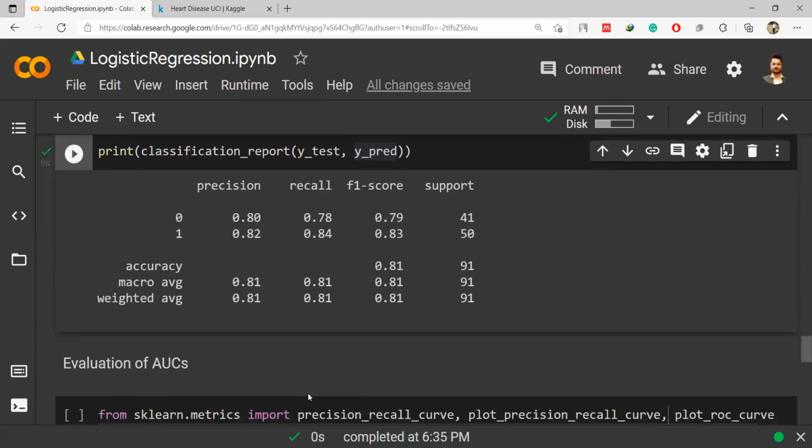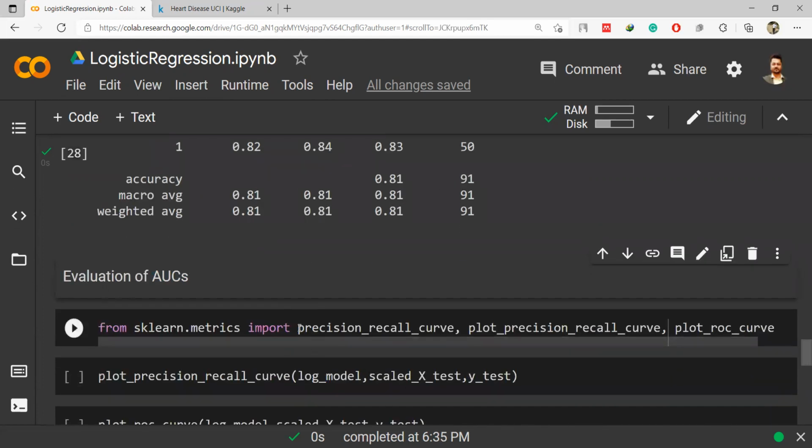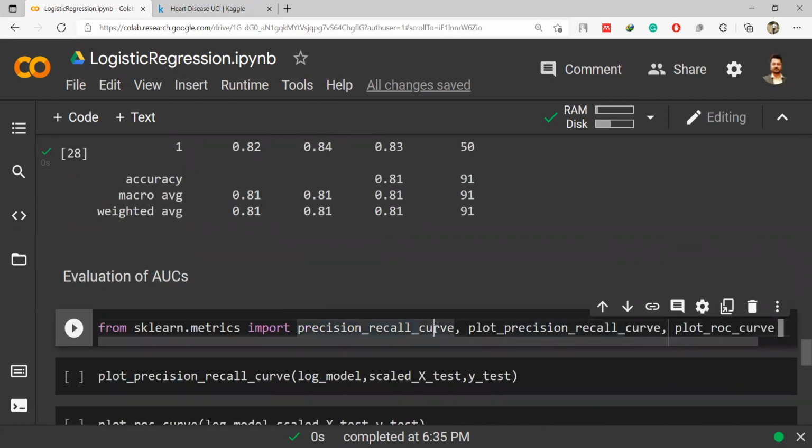Now if I want to also plot the AUC curve, we have studied in the lecture that AUC is the plot of TPR and FPR, but there is also a plot of precision and recall. The AUC ROC curve is a plot between TPR and FPR, and FPR is equal to 1 minus specificity, that we have studied in the lecture. But I did not cover the precision recall curve. Every one of you knows the meaning of precision and recall. So if you plot the values between precision and recall, it is called the precision recall curve.